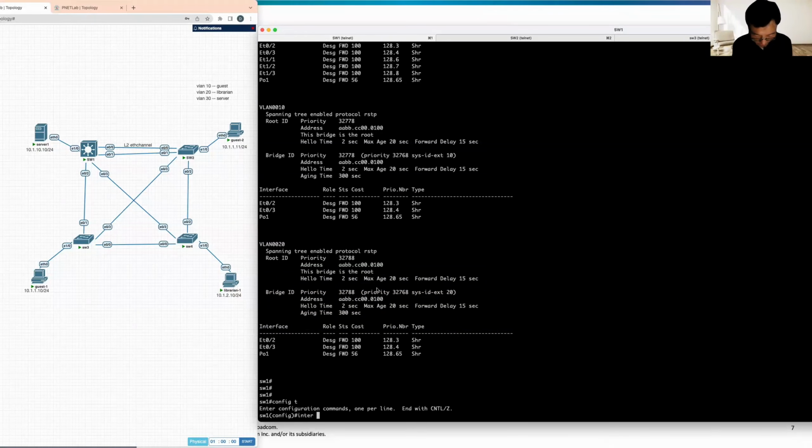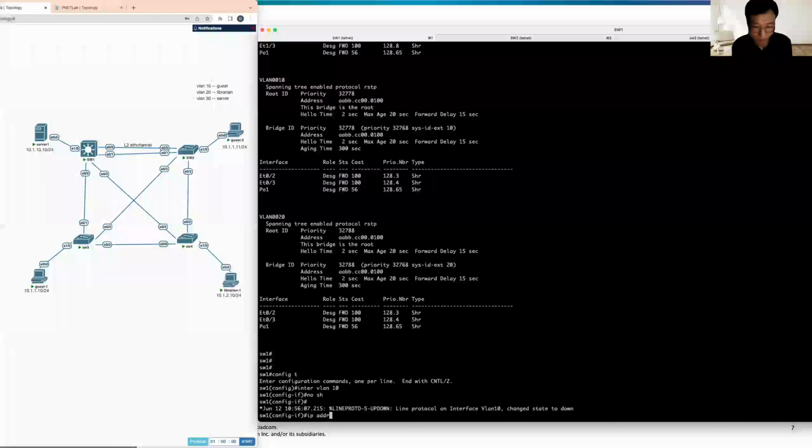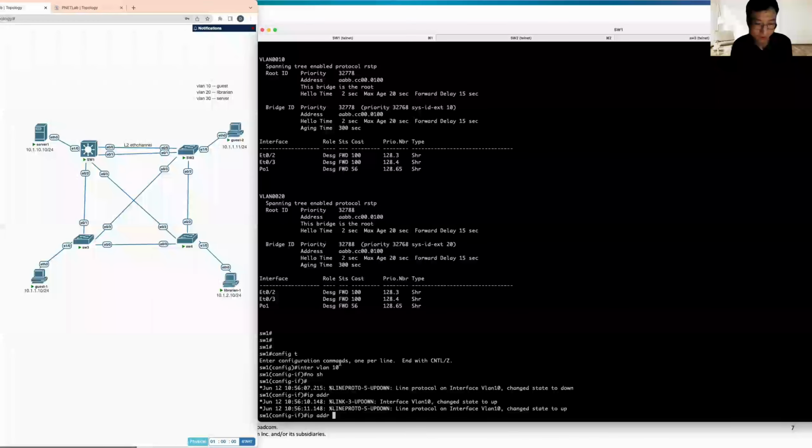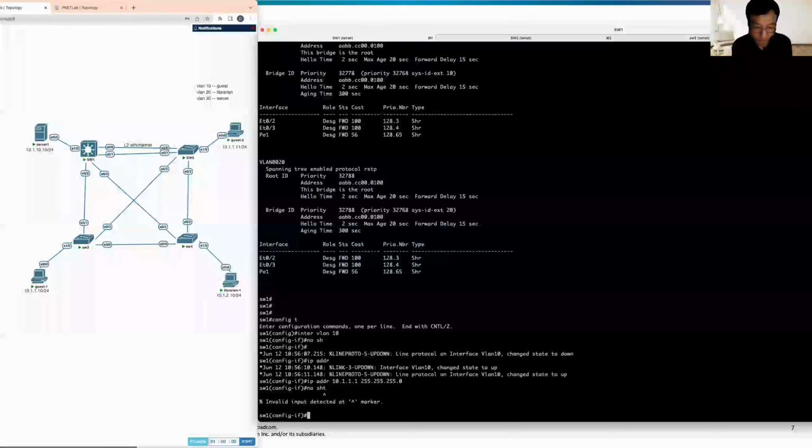Just interface VLAN 10, no shutdown, and give this SVI, or virtual VLAN interface, an IP. VLAN 10 belongs to guest VLAN. Guest VLAN is 10.1.1.1, netmask 255.255.255.0,